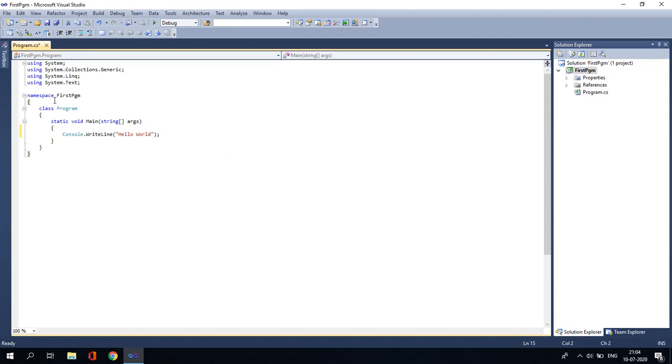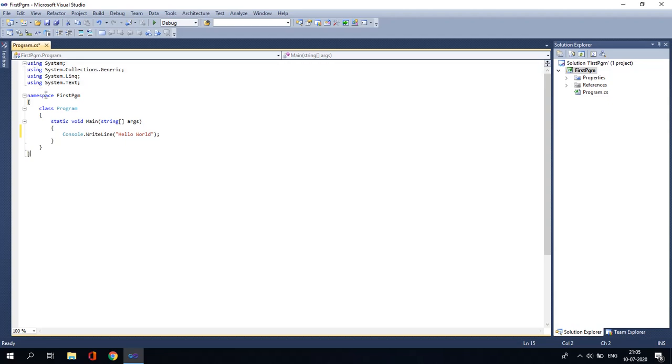Before going further, I will introduce you to the color format system of .NET also. Here you can see these keywords in dark blue, some in light blue, and some in red. This is the indication of different keywords, classes, and directives in .NET.